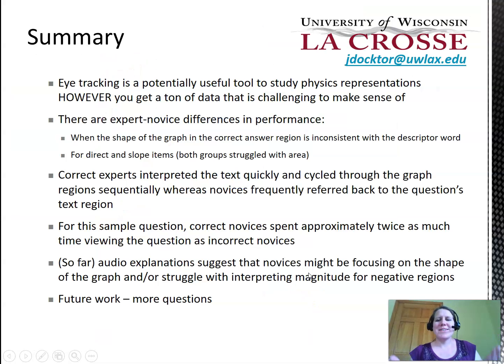All right, so what do we make of this data? I think in general, eye tracking is really interesting. I think it has a lot of potential. But the issue is that you get many different sources of data. There's a lot of data there because it's at millisecond level precision, and you have to figure out what you're going to focus on. So in general, we've looked at more than just this single question, but we see some